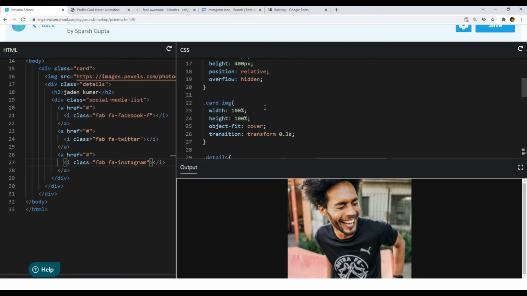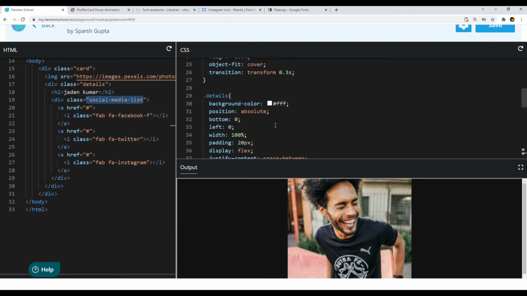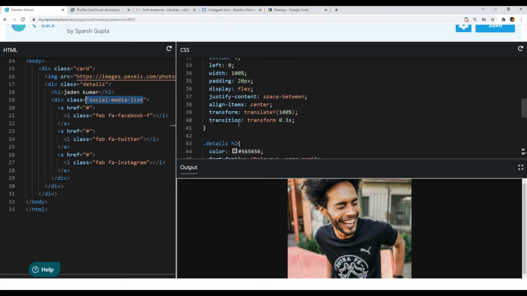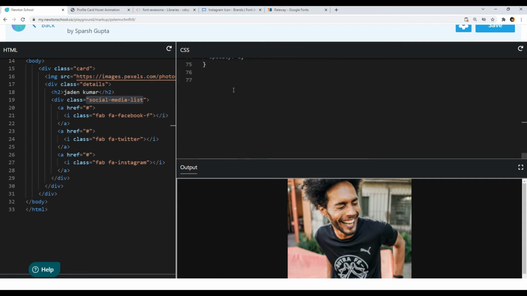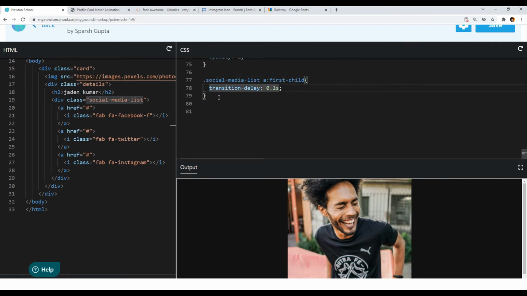So I will target the Facebook icon first, and the Facebook one is the first anchor tag in our social media list. So I will target the first anchor element in our social media list. So I will use the first-child pseudo class. So this selector will select the first anchor element inside the social media list. So we will add a transition delay of 0.1 seconds on our first anchor element,